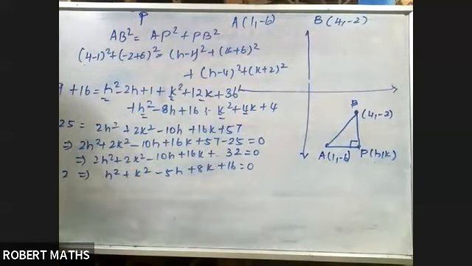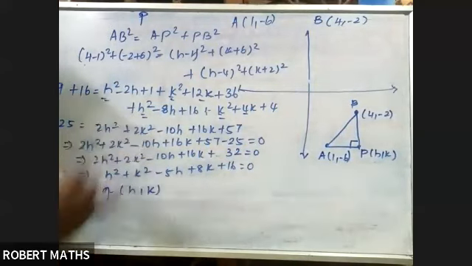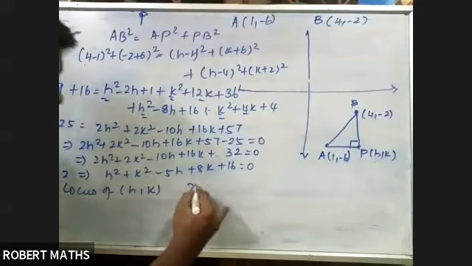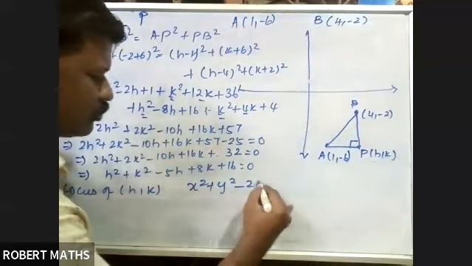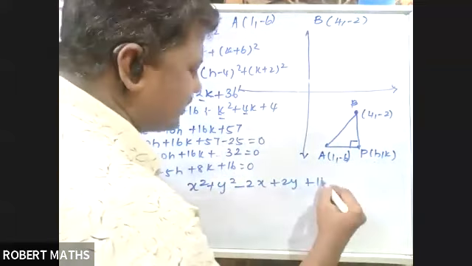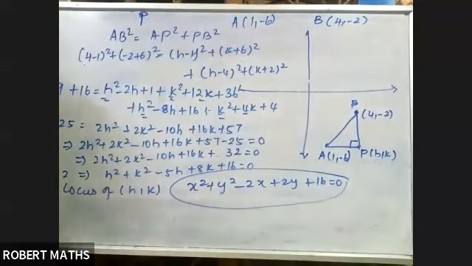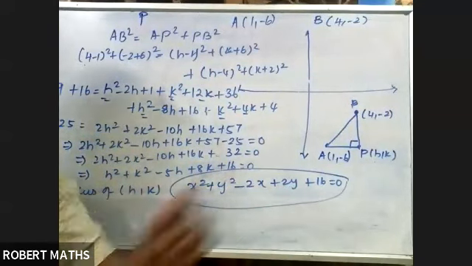The last point I told, the algorithm, the steps of the working rules: the last step is the locus of H comma K. In place of H, you have to put X, and K is replaced by Y. Therefore, the equation of the locus is X square plus Y square minus 2X plus 2Y plus 16 equal to 0. This looks like a circle. Later, in 12th standard, you are going to study about the circle. This is of the standard type of the general equation of the circle.